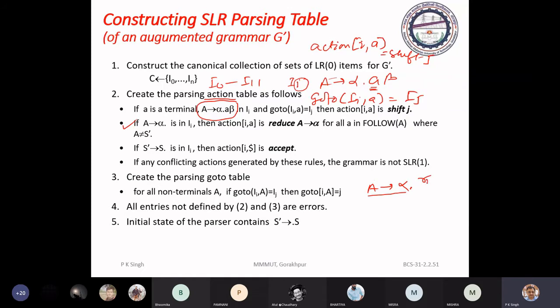Suppose this is production number n, then Rn. You have to make this entry of Rn in the action field for state i, under follow of A. You have to find out follow of A.